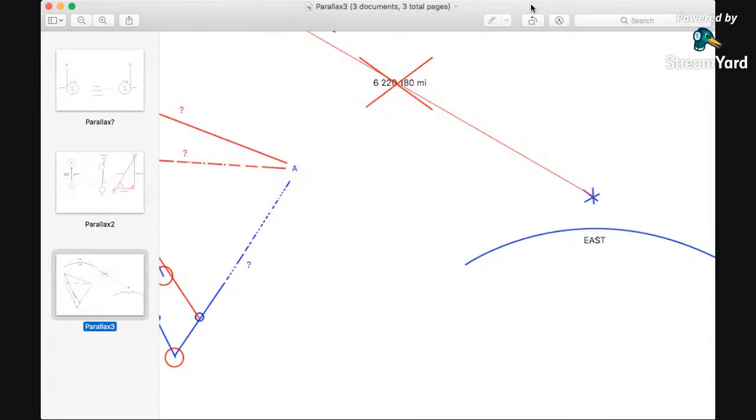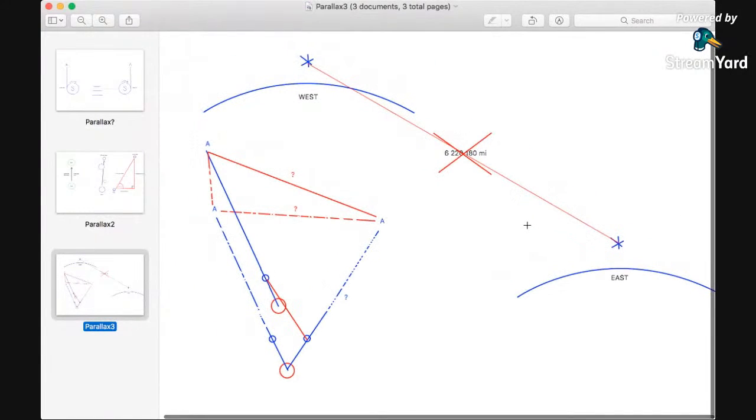Look, I can show you in another way, okay? I'll just do it with a cursor. Look, a vertical line, plumb, would be this way. And 12 hours later, it would be this way. See this huge arc between those two lines? Well, it's even worse when you say that way to east and then that way to west. It's just silliness, see? Your EQ mount shows that the Earth is flat.